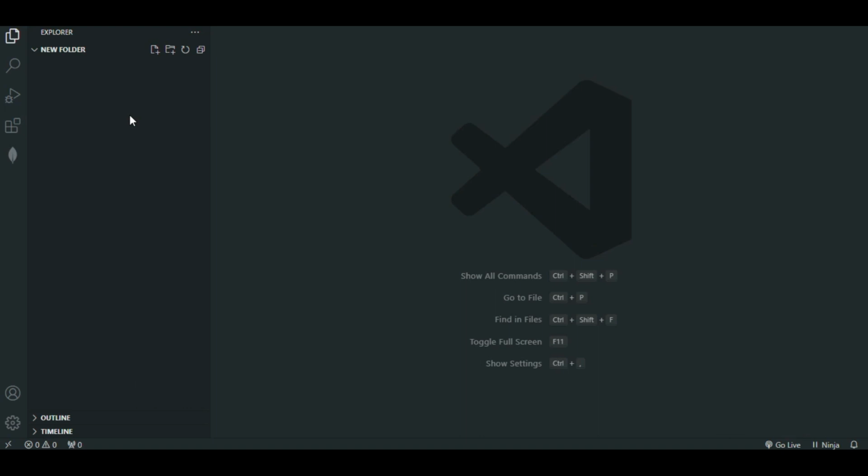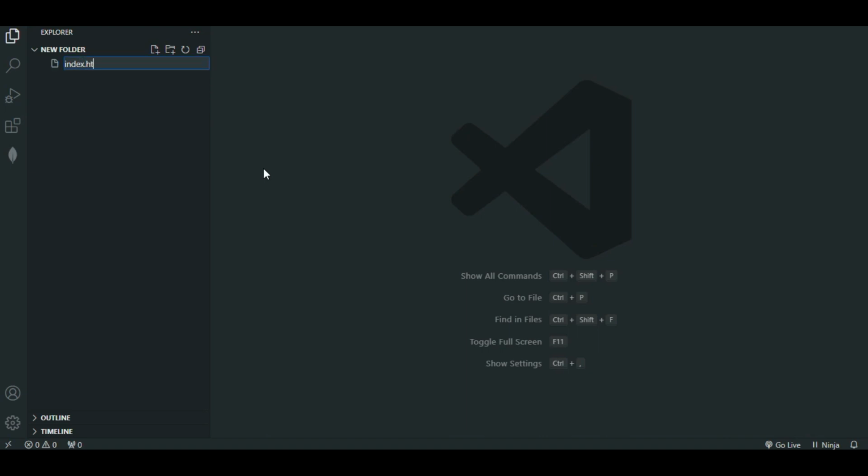So I'll just explain it in very simple words. We'll be having one input. Suppose if we give a word or a phrase, and when we click on the button, just below it, it will say whether it is a palindrome or not. So let's start with